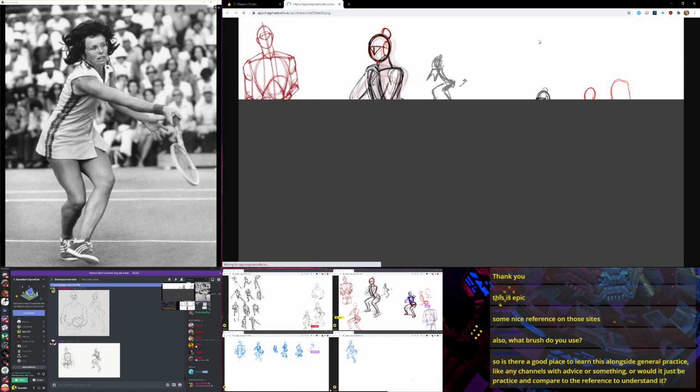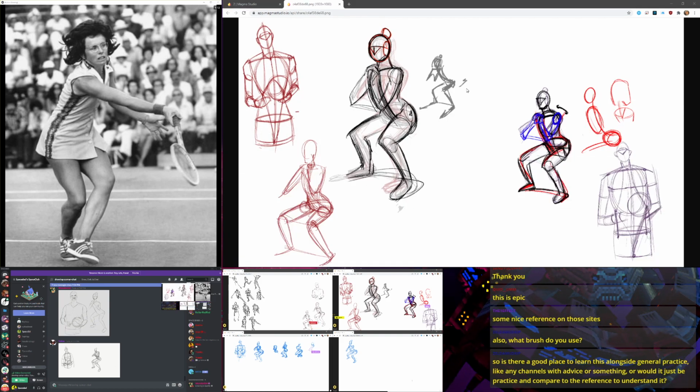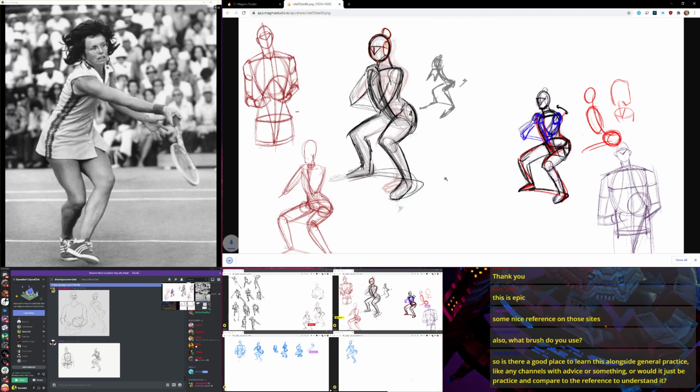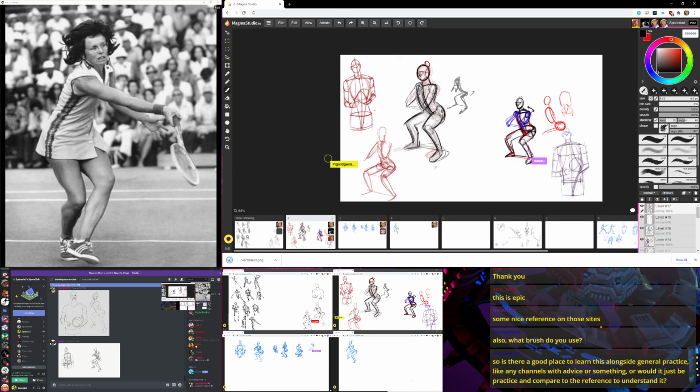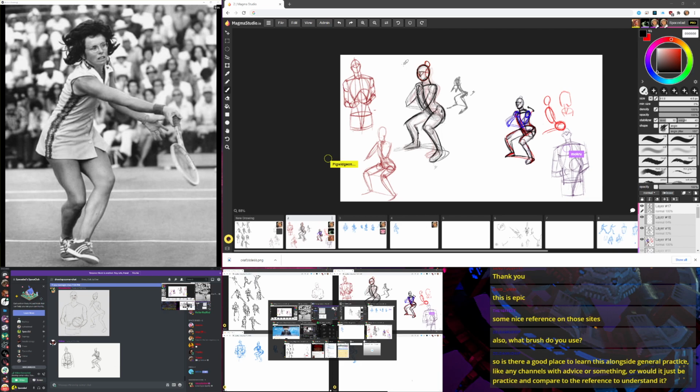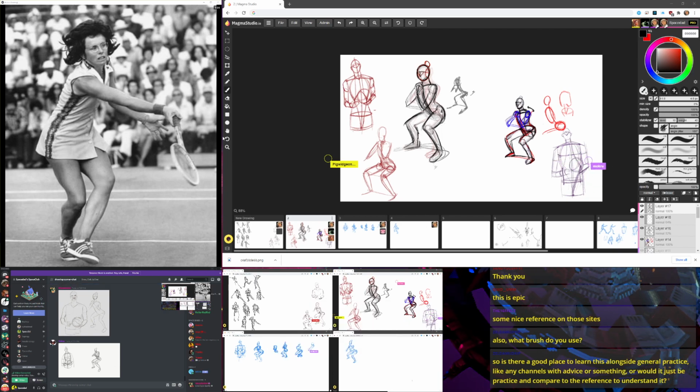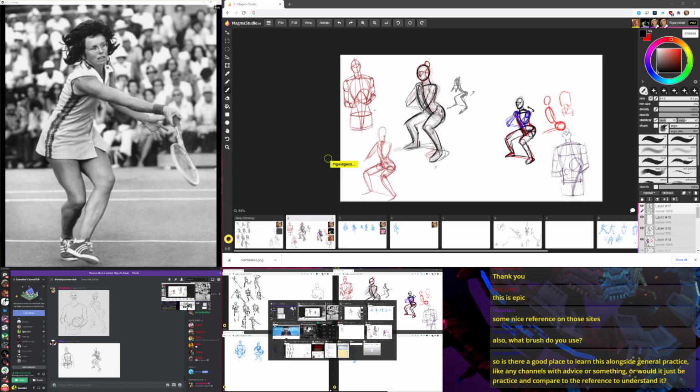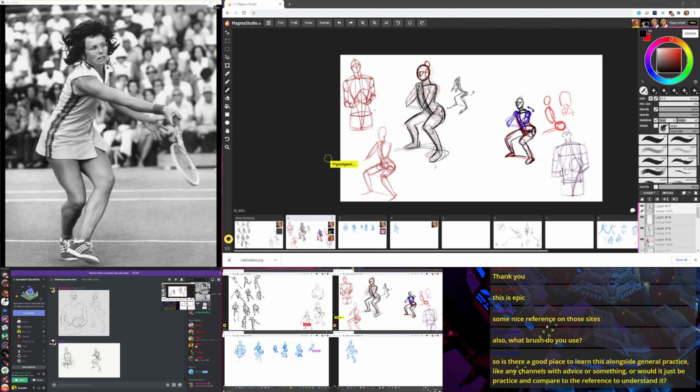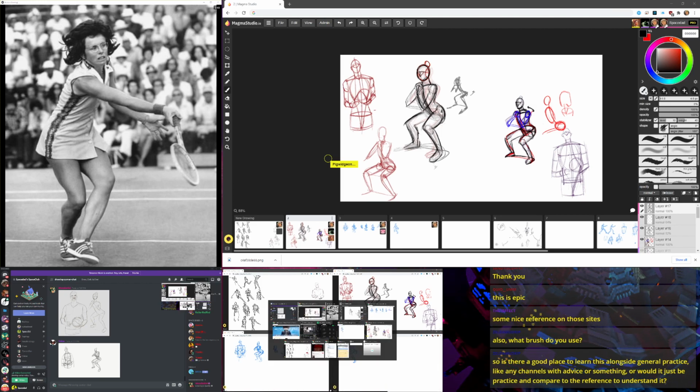But yeah, if your pose is really awkward, you can always come back to it and basically do what I just did: take a look at the reference again and try to draw over it or redraw it and understand the gesture, where it went wrong, where it went stiff, and then try adding and iterating on it. So let's see here.